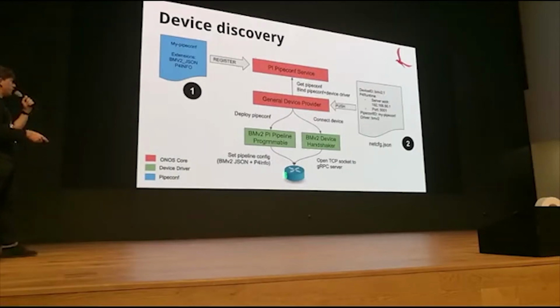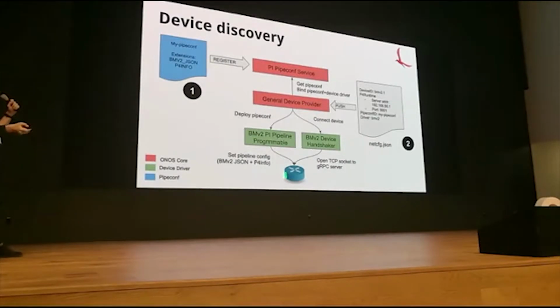In this case, the only way to discover the device is by explicitly telling ONOS the IP address and port of the device. So we push a netcfg JSON that contains all this information, including the pipeconf ID. We're telling ONOS, hey, connect to this device and make sure to deploy this pipeconf. So we push this to the general device provider that talks to the pipeconf service and uses a bunch of behaviors